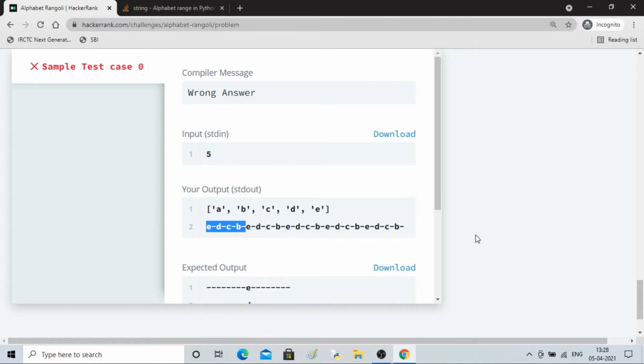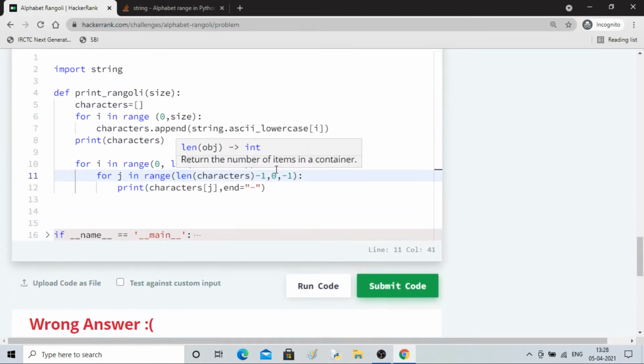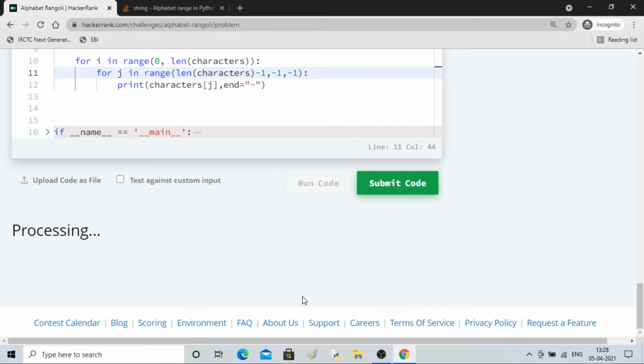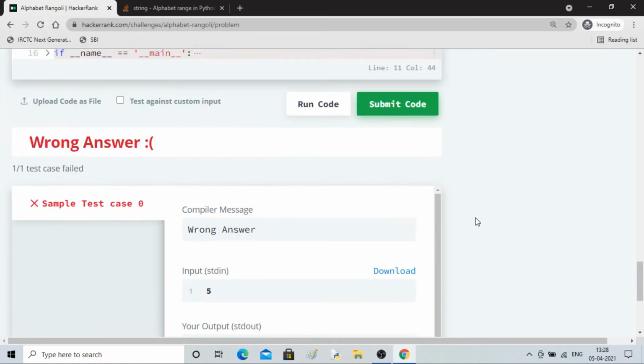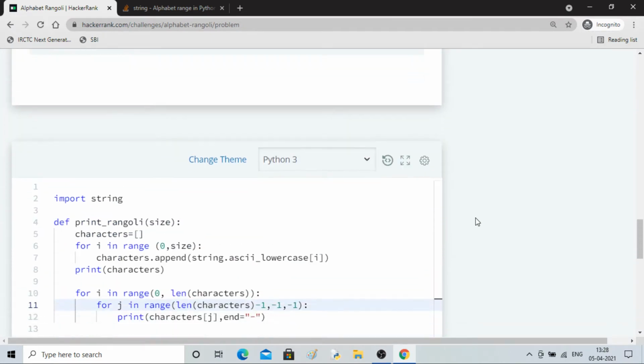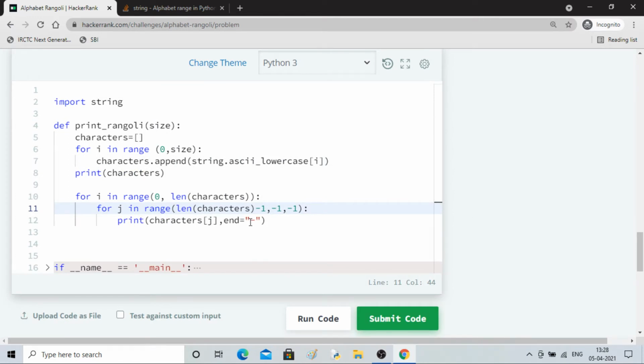A it is not printing, which means the range will take from 0 to -1. Let's fix it. Yeah, now it is taking EDCBA, then EDCBA again. Every time it is printing EDCBA, and the next thing is that it is not printing in the next line.